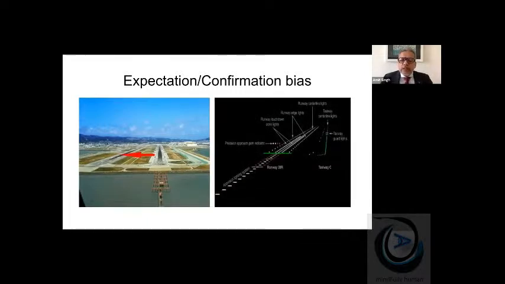So at night, when he approached the runway, aligned to the taxiway, he saw one lighted surface on the left. So that basically aligned with his expectations. If you see the left, there is a landing surface on the left. And at night, he was on the green line with a landing surface on the left. So basically, one of the runways, the runway lights was closed, shut. So there were only 2 landing surfaces which were lighted up. So expectation bias came in and he confirmed, yes, when I see the runway, there should be a runway on my left.